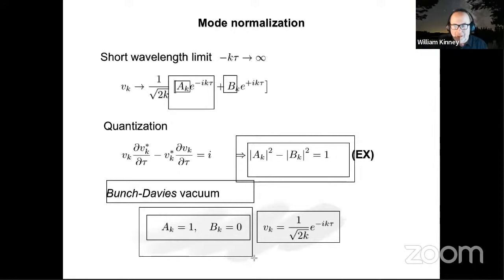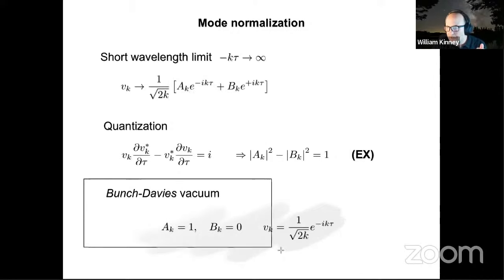We're doing the same thing here. We're saying that we're going to define the vacuum state to be the vacuum state as seen by an asymptotic observer at short wavelength. And we're going to find that an asymptotic observer at long wavelength no longer sees a vacuum state, but sees particle excitations. This is the essence of Hawking radiation, and this is the calculation that we're doing here.